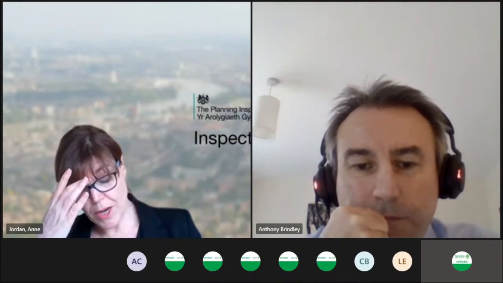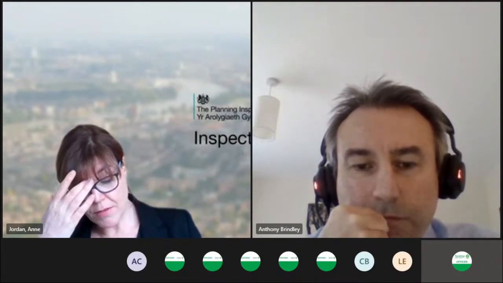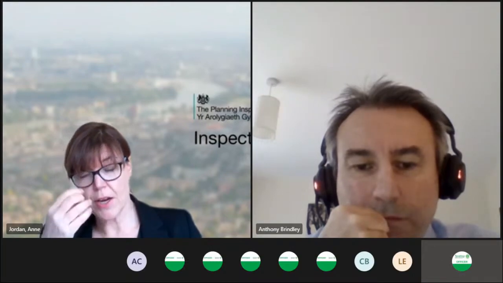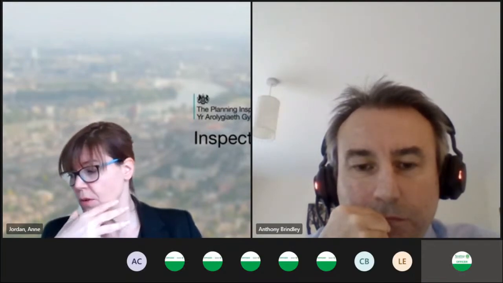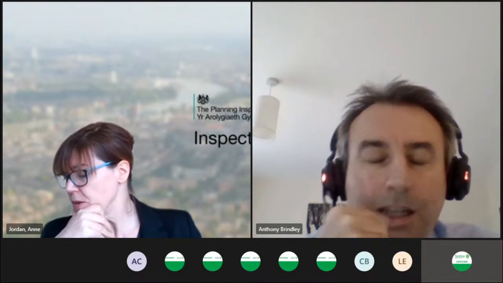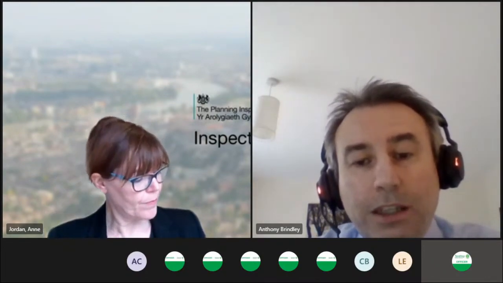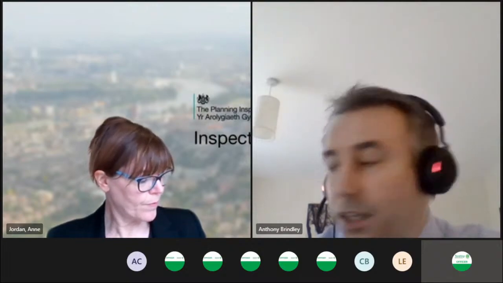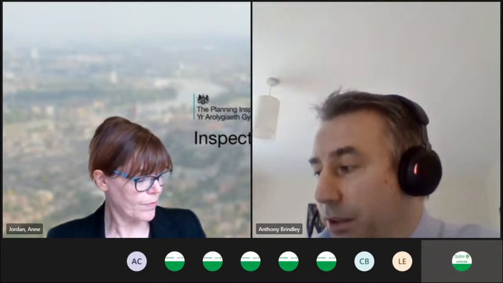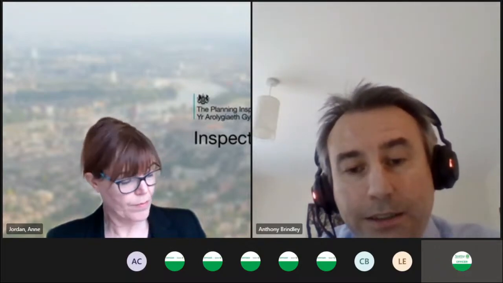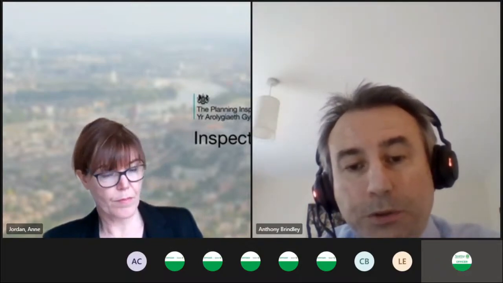So how does the policy direct applicants in relation to how development should occur in those areas? I don't think it does give a very specific targeted direction. It's just really stating to the applicants there are regeneration initiatives going on there. You might want to be aware of these when you're putting in a proposal.